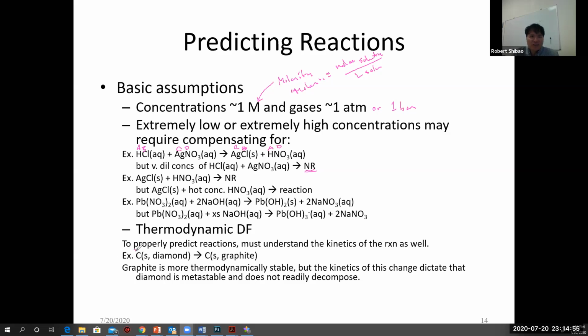And so what has to happen in order to go from diamond to graphite is all the bonds have to break and be rearranged. That's very difficult to do. Even though this is more stable, the cost is too great. And so it doesn't happen. And so diamonds are metastable. But what it means is you don't have to worry about the stability of diamonds. Diamonds will last forever, basically, because this transition from diamond to graphite is so difficult mechanistically. And so diamonds do not readily decompose.